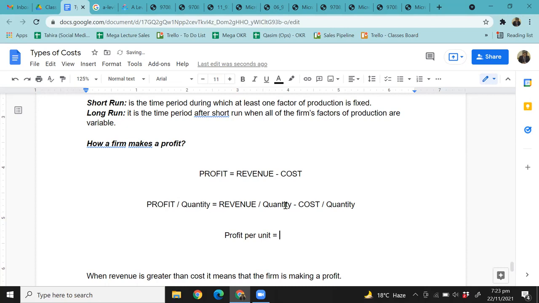When the entire revenue that the firm is making, you divide by the quantity, this will technically give you the price. Yes or no? That will give you the price, right? Because revenue itself is price into quantity. Revenue itself, students, have a look at this. When someone says to calculate the total revenue that the firm is making, right? So revenue is basically,